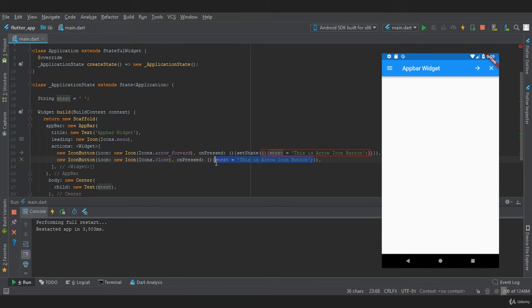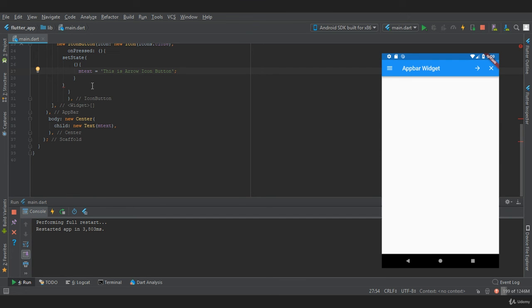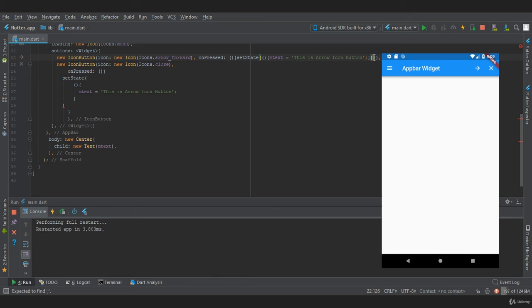Same goes here. Let me explain properly. In this onPressed, we need to provide setState, and in this setState we need to define a function, and now in this function we need to provide our mText, and we are missing a semicolon. I think it's here, and it's here.